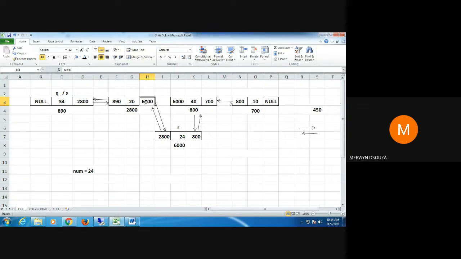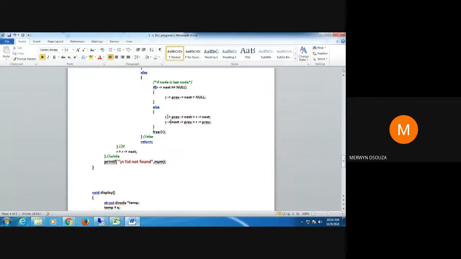The next part of this node, 2800, we have to access the previous part of the address of the node 800. So let's see how to do that. So R arrow previous, arrow next.